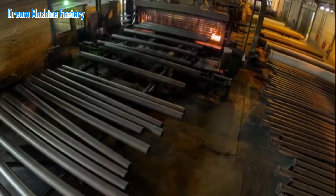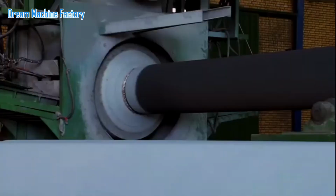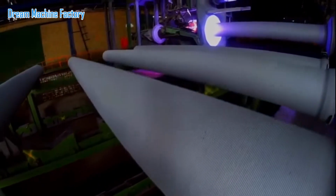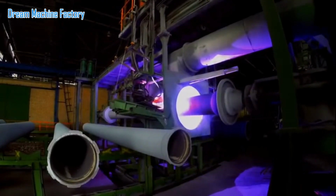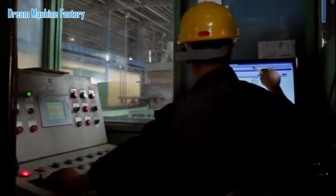This heat treatment process is critical in modifying the microstructure of the cast material. Specifically, it dissolves residual carbides and promotes the nodulation of graphite within the iron matrix. These changes significantly enhance the ductility of the pipes, which is essential for withstanding internal pressure and external mechanical stresses in water distribution systems. After annealing, the outer surface of each pipe is subjected to a zinc coating process using